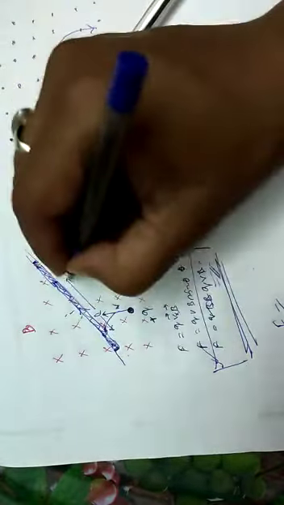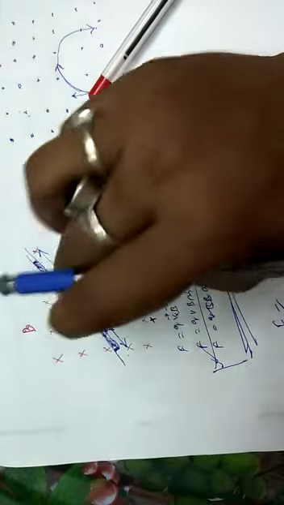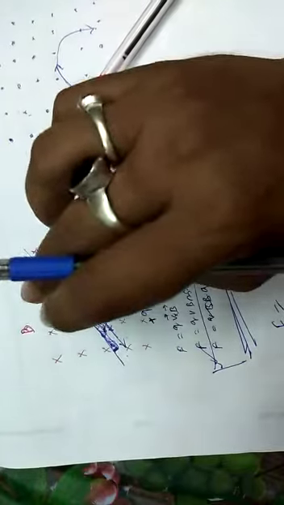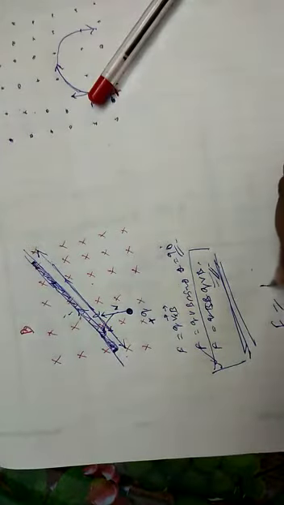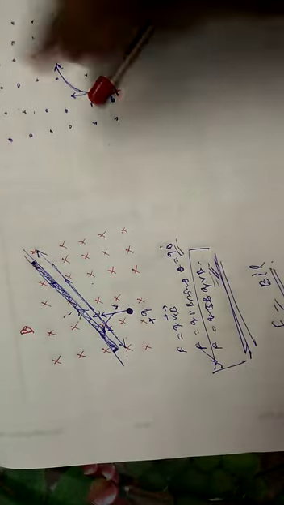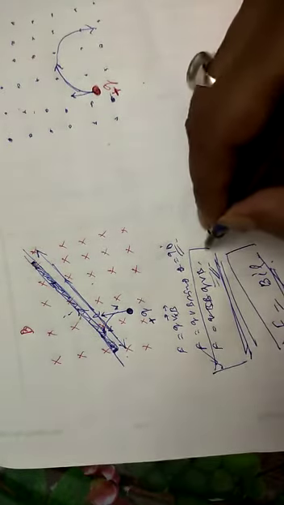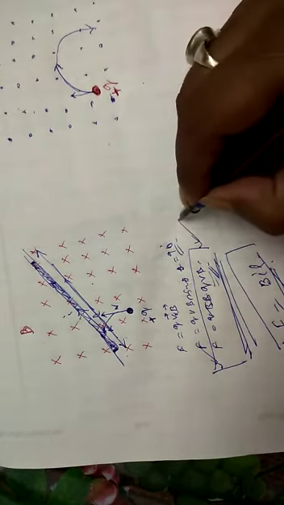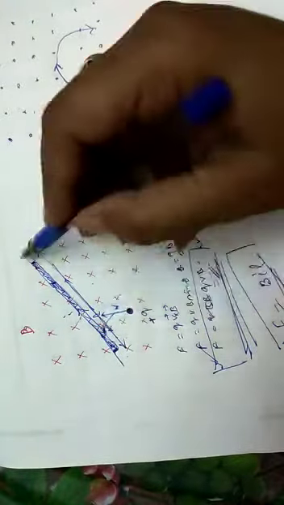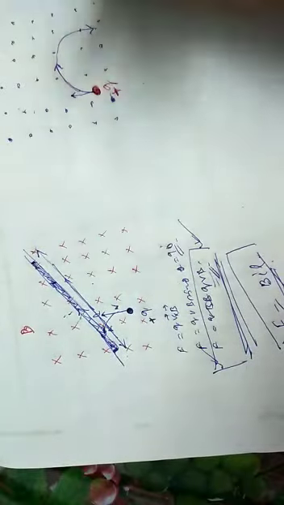If this length is L, suppose from here to here, this much length L, and this wire is also perpendicular to the magnetic field. This wire will experience a magnetic force, that is BIL. In the next video we will use the formula QVB, and we will prove that the magnitude of the force acting on a current carrying conductor is BIL.